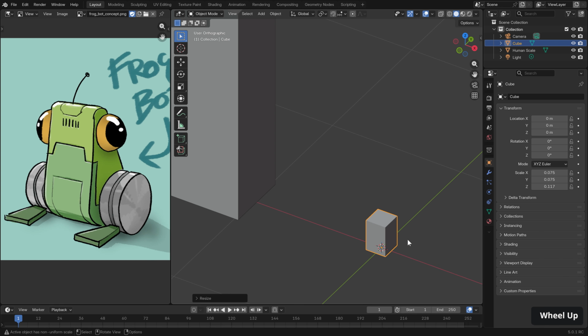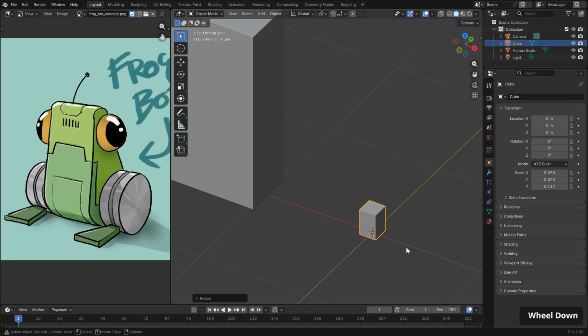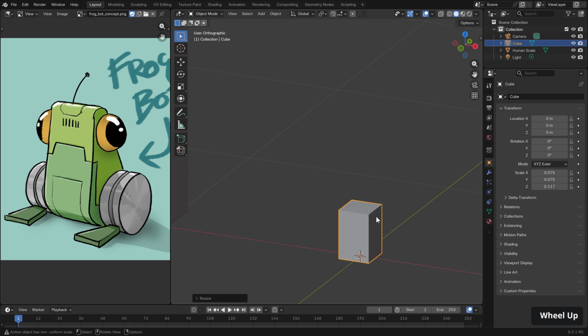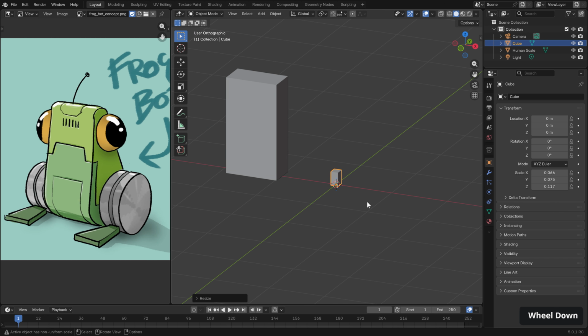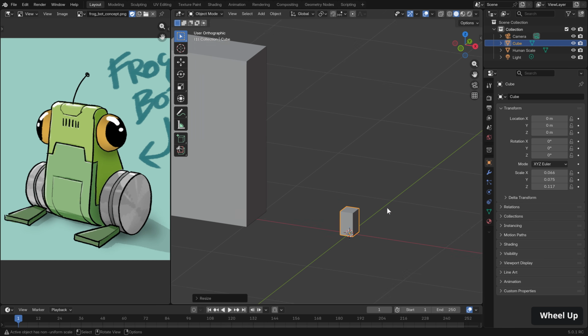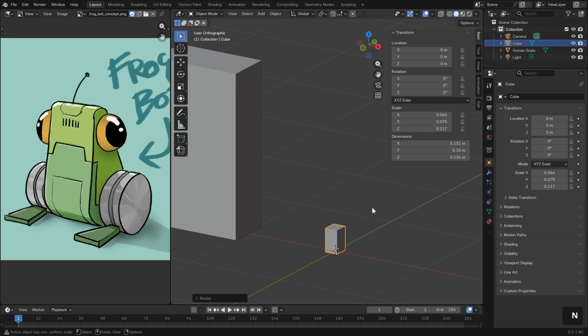And I appreciate that it isn't a frog, it's a robot frog, so it could be theoretically any size, but we're going to go with something that is roughly the size of a frog. And I'm going to scale it in along the X with S and X. And that feels about right to me. Now, if we hit N on the keyboard, we can see our dimensions here, but we can also see that our scale is non-uniform. And this doesn't really cause us any issues now, but will cause us issues with modifiers